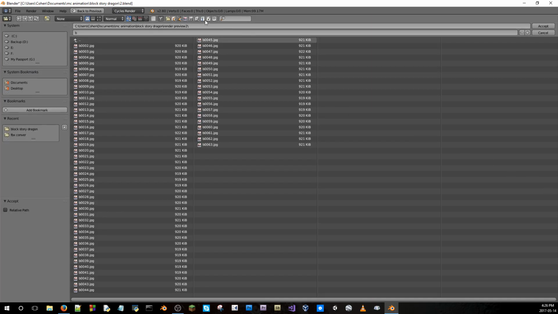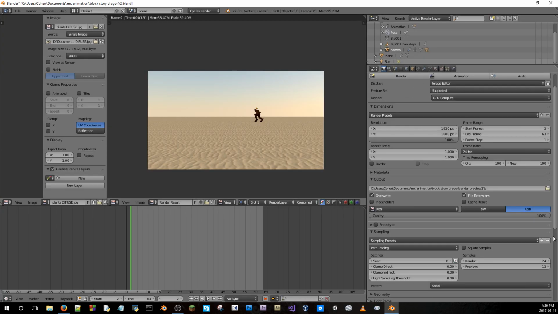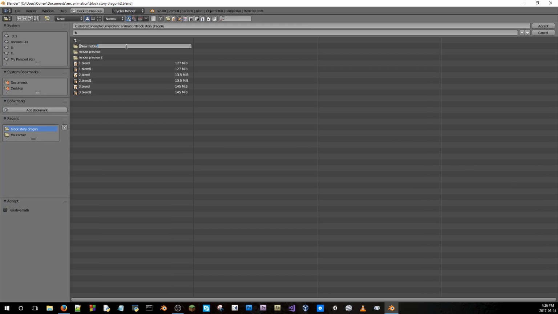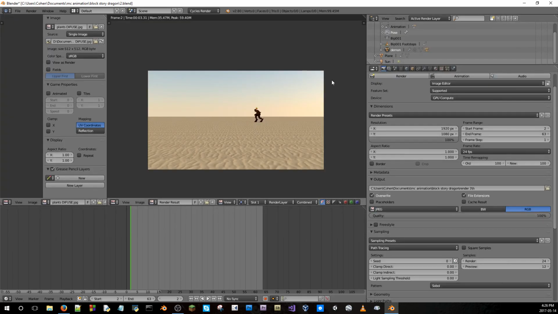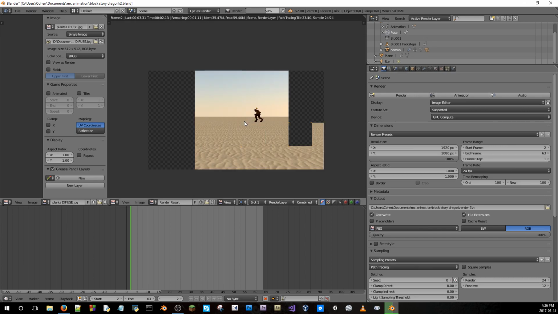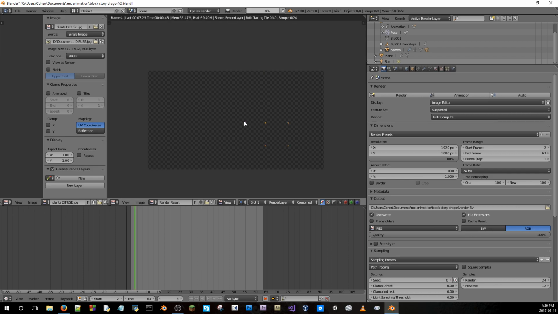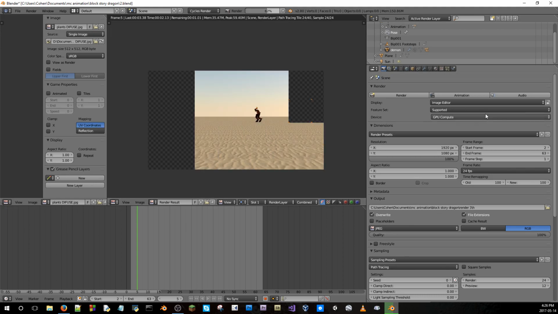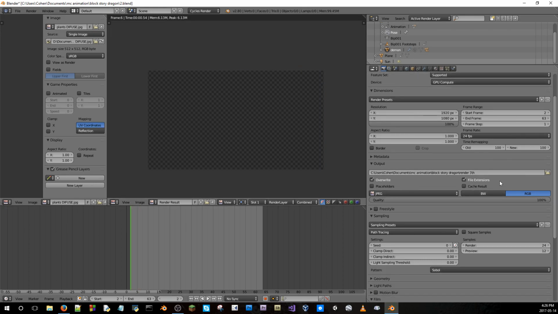Okay. Yeah, that's really intriguing. I'm gonna change its output to a new folder, and I'm gonna try rendering its animation under JPEG quality. And I want to see how fast it goes. Frame 2. Boom. Frame 3. This is pretty good. This is really good. Previous versions of Blender couldn't do that. Okay, I'm going to exit that, and